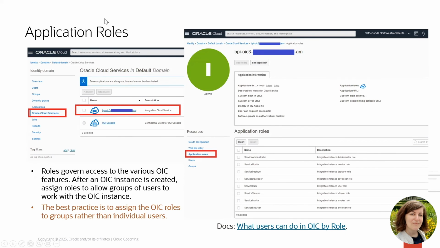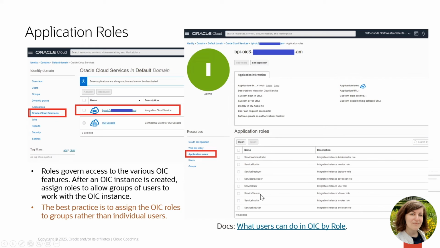Next, application roles. After an OIC instance is created, in order to give users access to that particular instance and to its features and capabilities, an administrator needs to assign roles to allow the groups of users to work with OIC. The application roles available are service administrator, monitor, deployer, developer, user, viewer, invoker, and service end user.